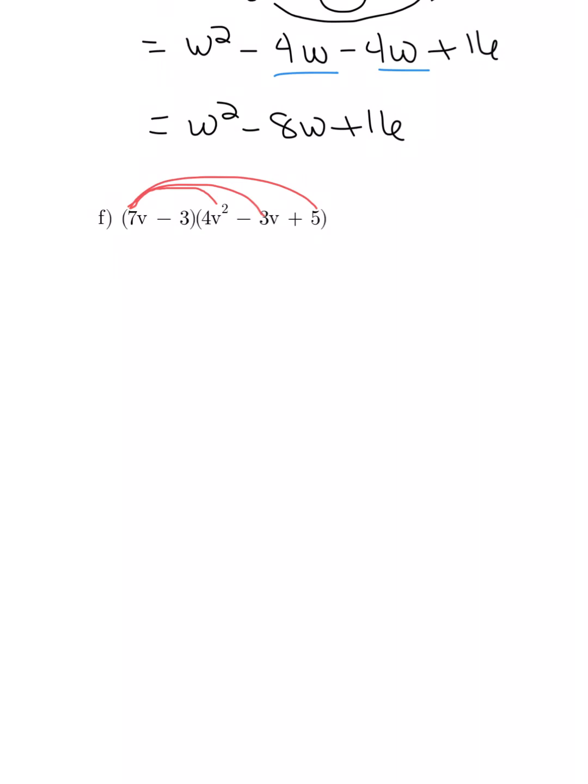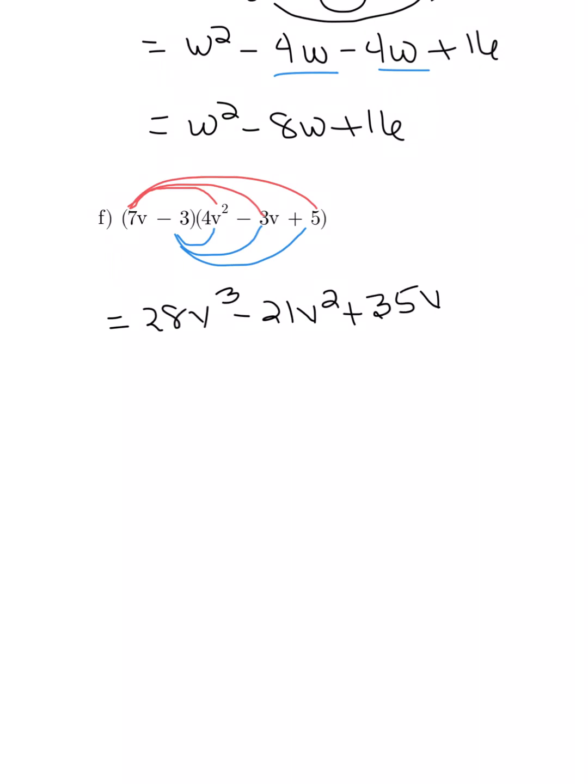Then you also have to take the second term of the first polynomial times each term of the second polynomial. If we start working this, 7v times 4v squared will be 28v to the third. 7v times negative 3v will be negative 21v squared. 7v times positive 5 will be positive